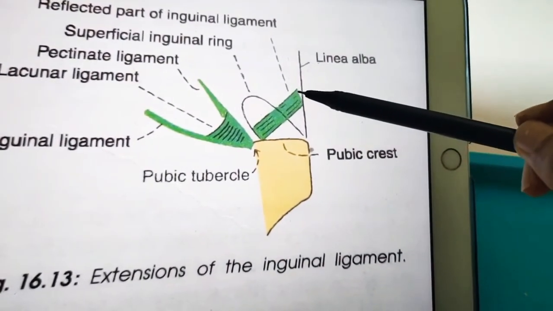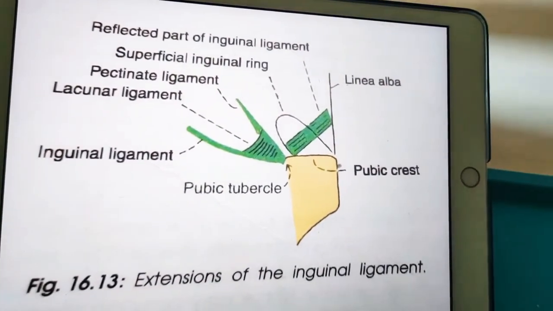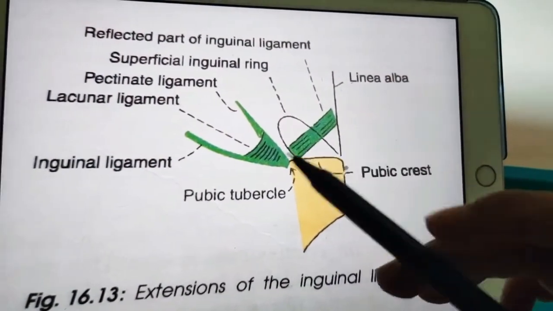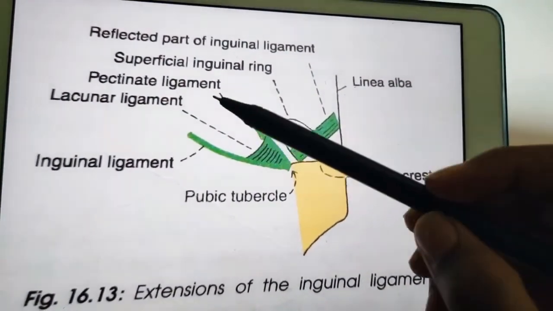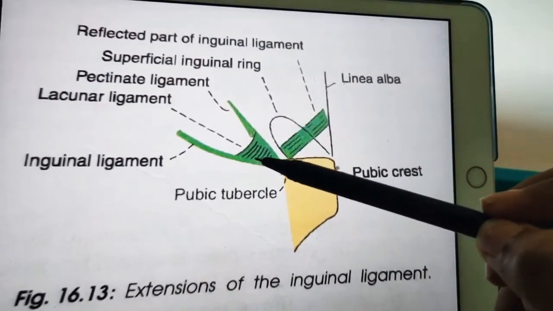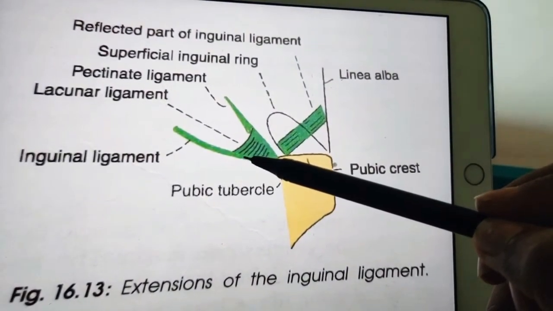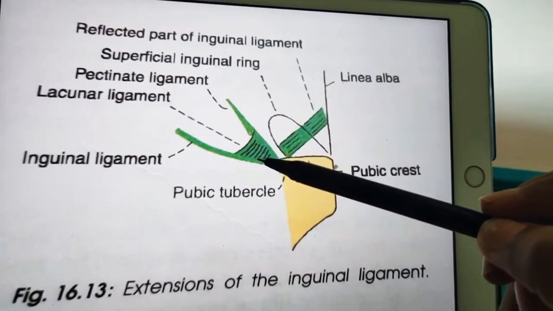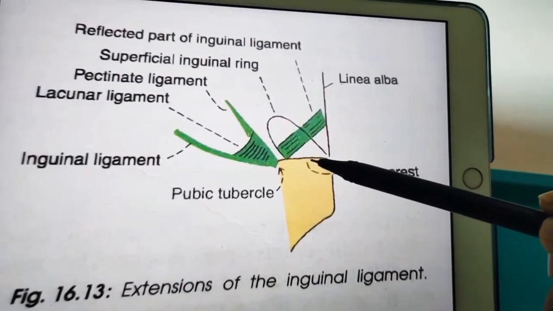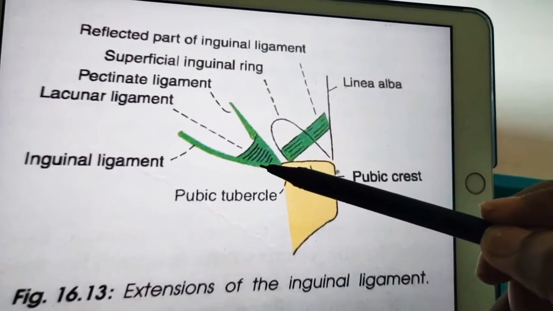Next, coming to conjoint tendon. So what is conjoint tendon? Let us see another diagram. So in this diagram you can understand the conjoint tendon also. Actually conjoint tendon is formed by fusion of lowest aponeurotic fibers of internal oblique. So for internal oblique, its aponeurosis will also end somewhere over this inguinal ligament side. So those fibers of internal oblique and also of transversus abdominis are attached to the pubic crest. So you can see here this is the pubic crest clearly. They are also attached to the medial part of pecten pubis.